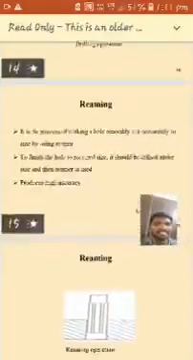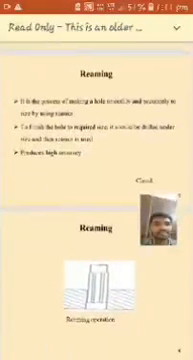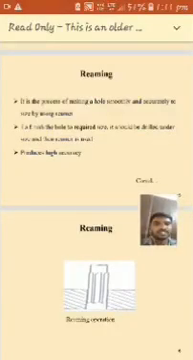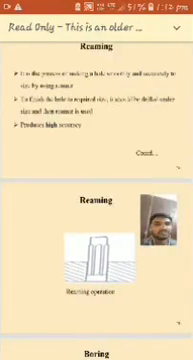Okay, and then the next operation is reaming. After performing the drilling, we will go for the reaming operation. It is a process of making the hole smooth and accurate to size by using the reamer. It is used to make the hole smooth as well as accurate. So to finish the hole to a required size,